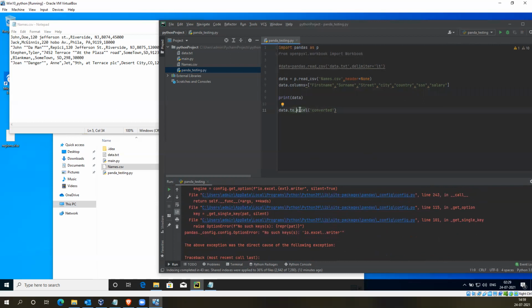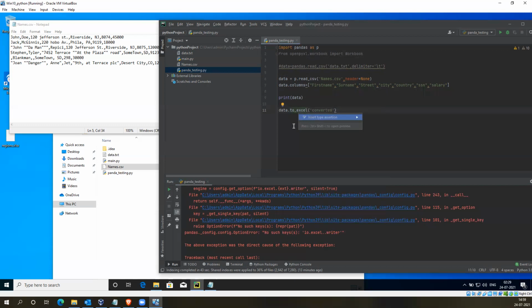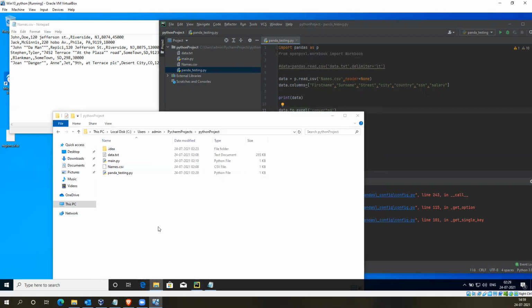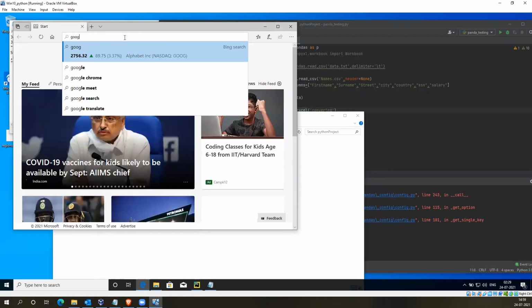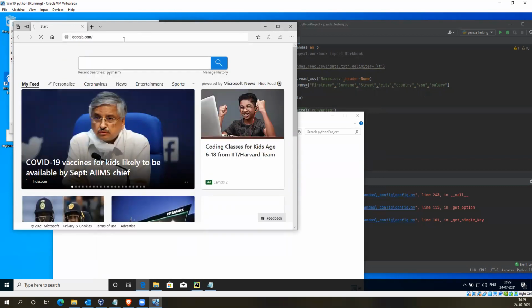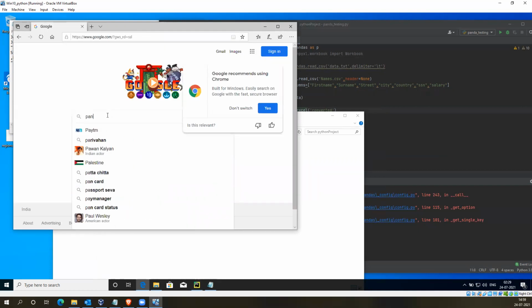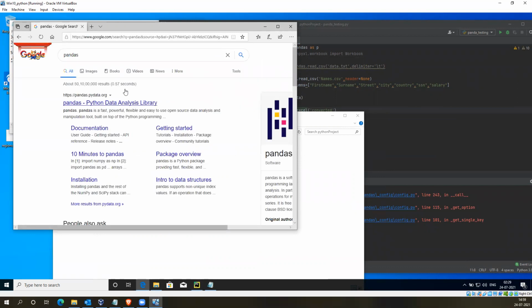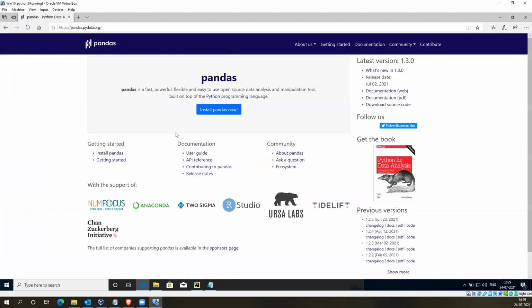Let me see the syntax of that in the official documentation, the API reference.